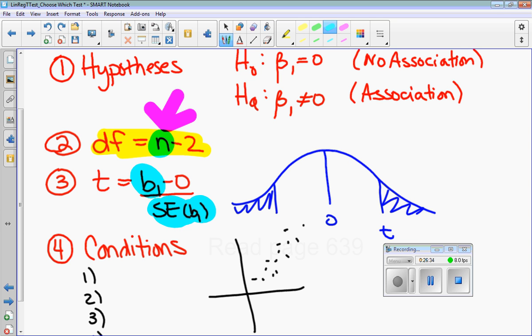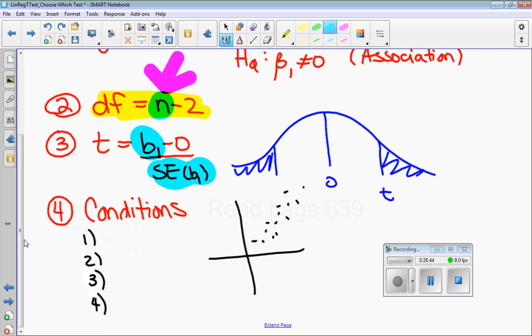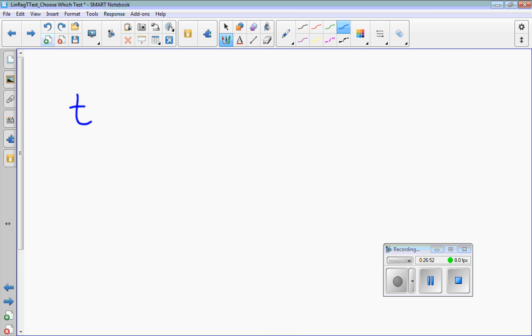Okay, on a LinRegTTest, the only time I've ever seen it, you were given this information. So let's go ahead and find the test statistic that's associated using this formula here. The test statistic would be the slope minus 0 divided by the standard error of the slope,